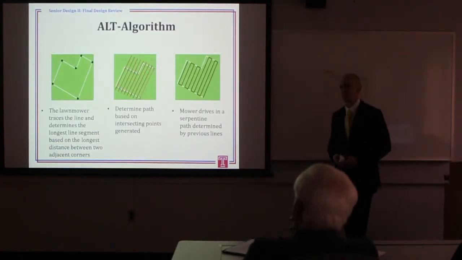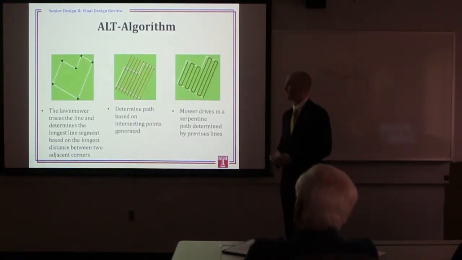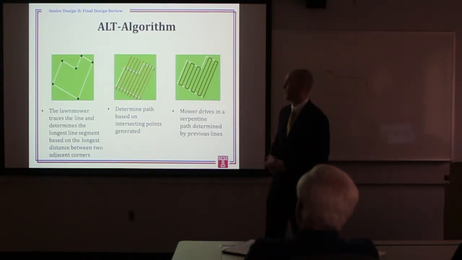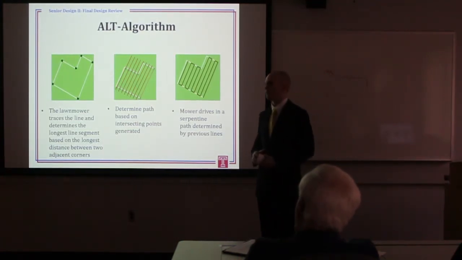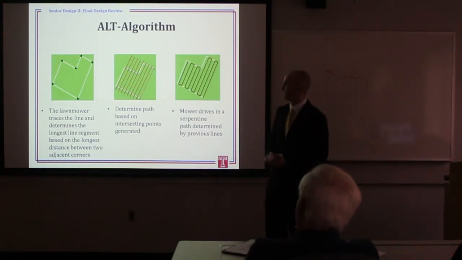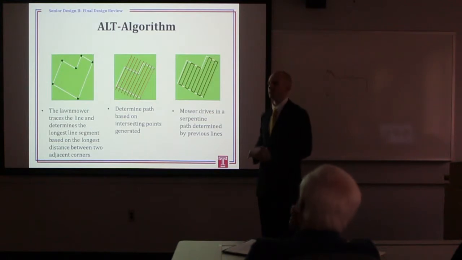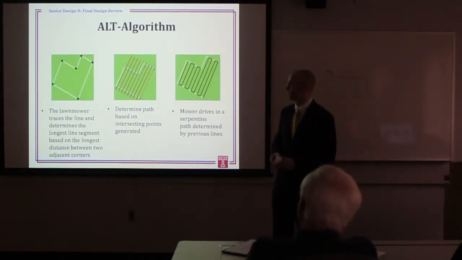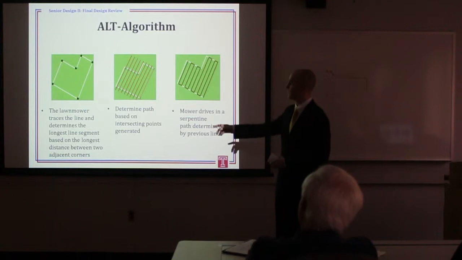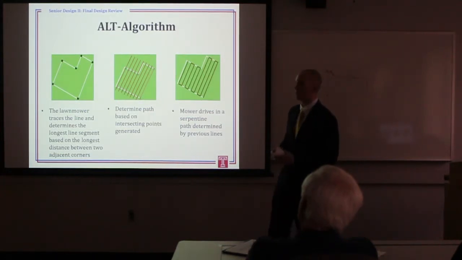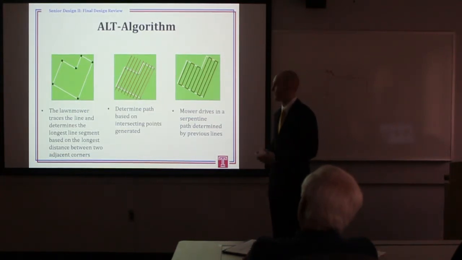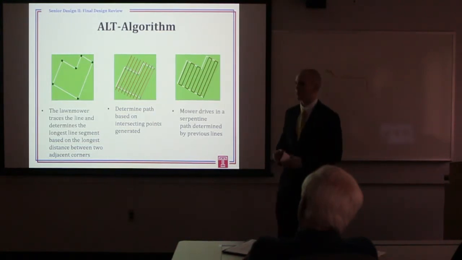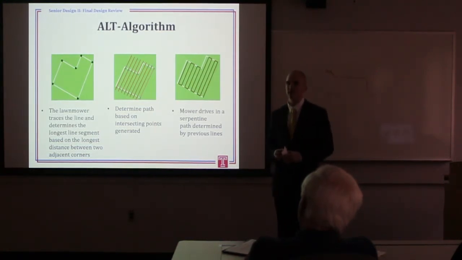For the autonomy, we wanted to be fully self-governing, that is, fully autonomous, and we wanted to be able to mow 75% of the lawn. Initially, as I was saying, we wanted to implement this using the ALT algorithm. So for the ALT algorithm, it is broken into two states, the border state and the mow state. First off, the border state is that it will enter the field and trace the white line using a line sensor. Once it gets to the end of the white line, it will then turn and designate that as a